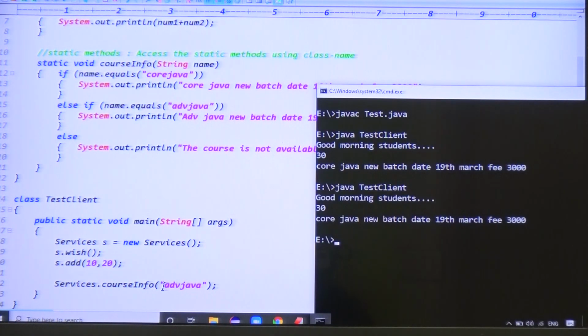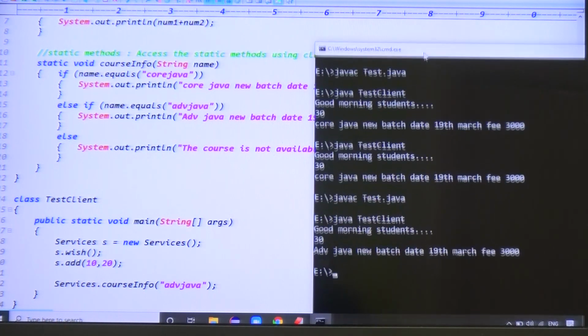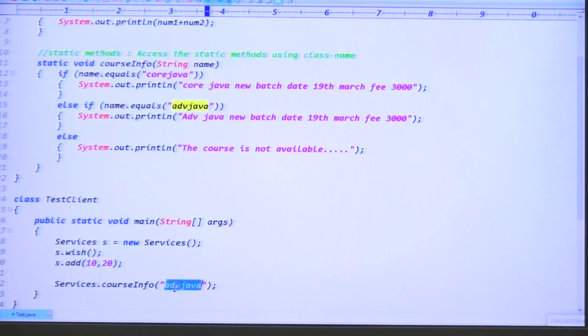now we can see the output. So guys, if you run the code, we are getting core Java only, because when we make modifications to the .java file, first of all we have to compile the code. After compilation only we have to run the code, right? Exactly. Guys, are you clear? Now core Java, advanced Java. If I pass .NET here, tell me guys, is .NET matched here or not?